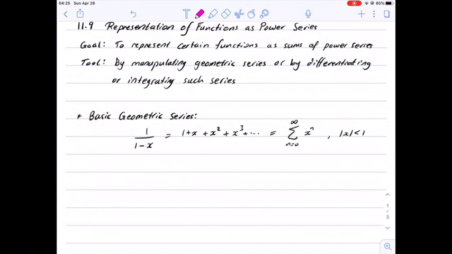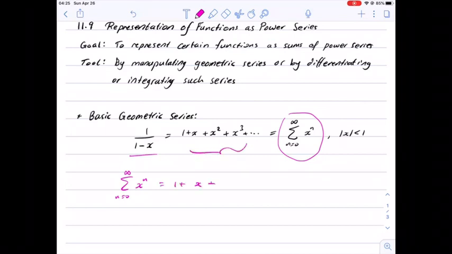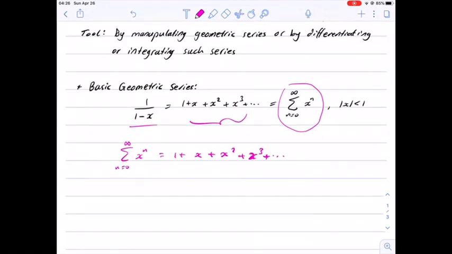The sum of the geometric series x to the power n, from 0 to infinity, is equal to 1 over 1 minus x. Now, to prove this result, we can start from the left hand side, the series x to the power n from 0 to infinity. This series can be expanded as 1 plus x plus x squared plus x cubed, and then we look at these terms. We notice that this is a geometric series